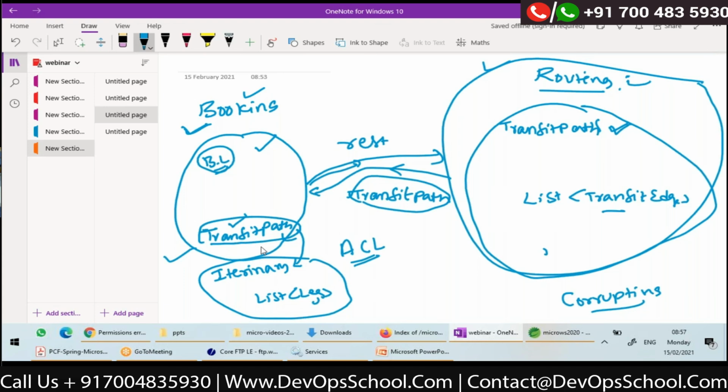I don't want to use transit path in my business logic because my business logic will get corrupted. So I need to write an anti-corruption layer, which will convert transit path to itinerary, transit edge to leg. That mapping has to be done. I will show you how to write an anti-corruption layer so that both modules will be loosely coupled, right?